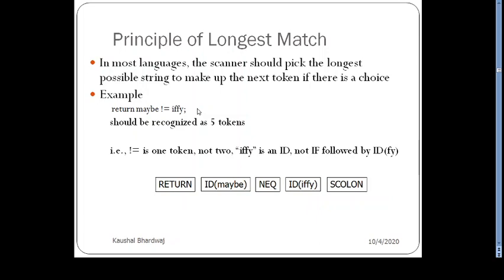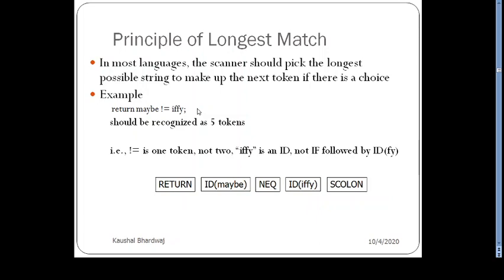Okay. Can you name them? Return, maybe, and then not equal to, and if i. Semicolon? Semicolon, five. Yeah. It is okay, you recognize that there are five tokens.